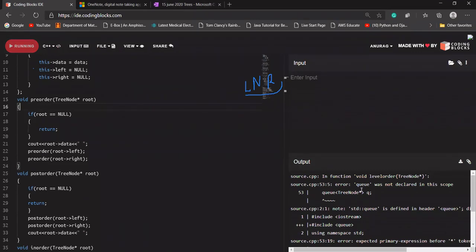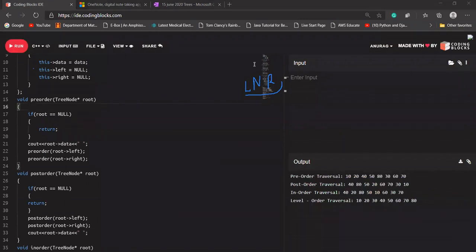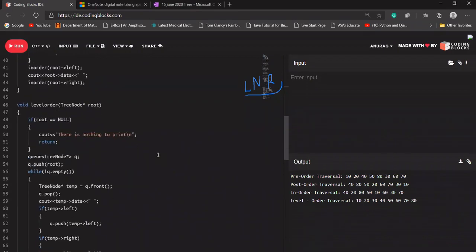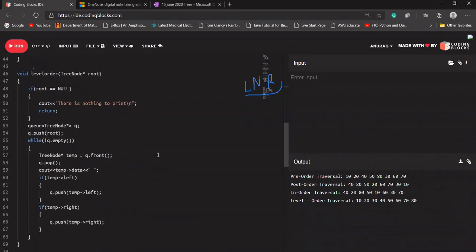Let me quickly design that tree because I've already cleared that. It will not take much time. Here is that level order function. You can see that function while I'm designing that tree again.